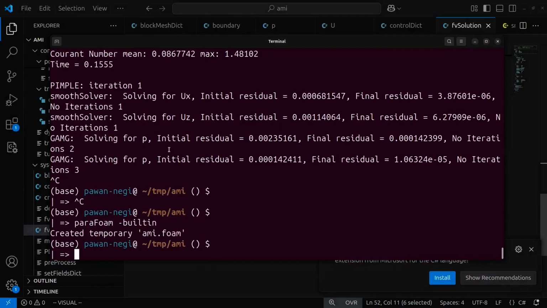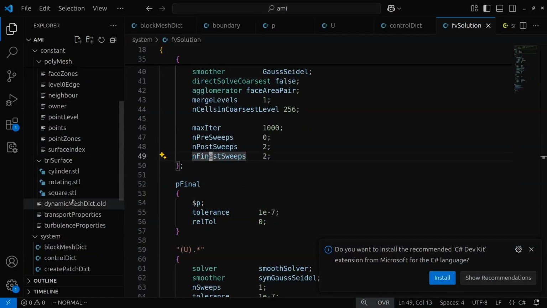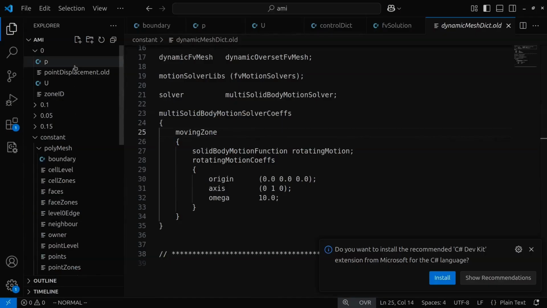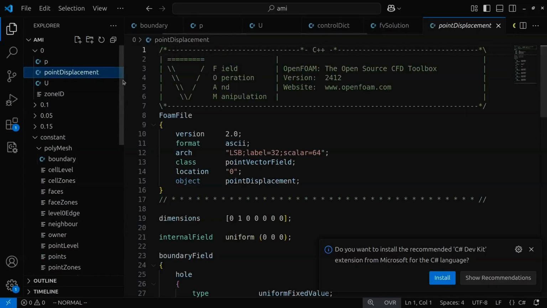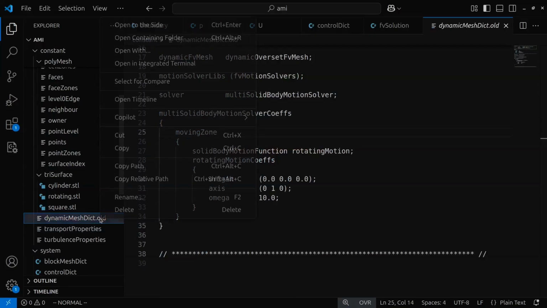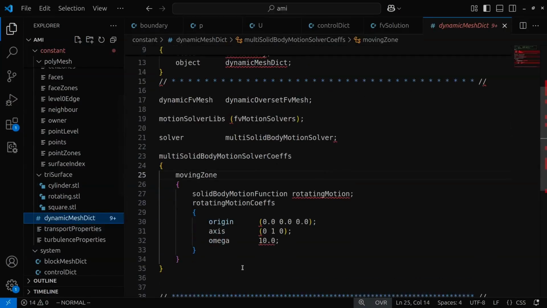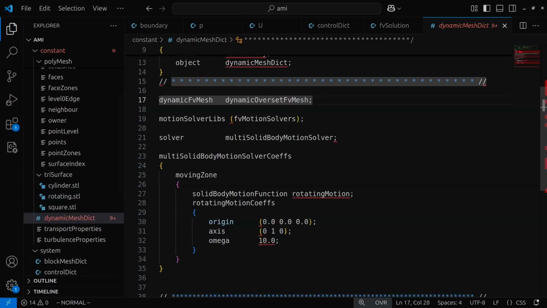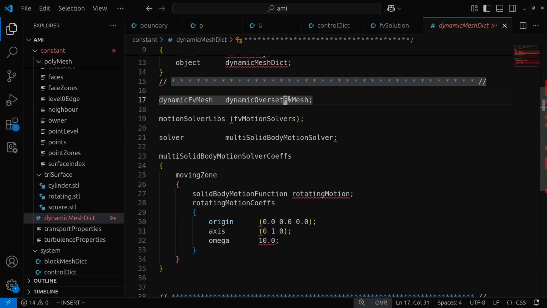Now what we'll do is we'll move this interface. In order to move this, we have to add two more files, which is the point displacement. I'll rename this as pointDisplacement, which takes care of the displacement of each and every point, and this one, which is the dynamicMeshDict. This will move the mesh. Here we do not have to use a dynamic overset mesh. We'll just use dynamic